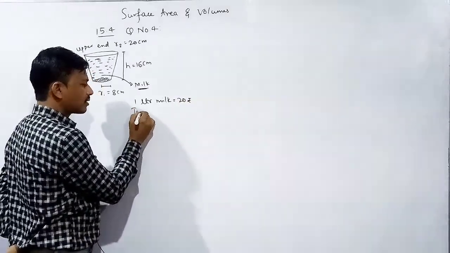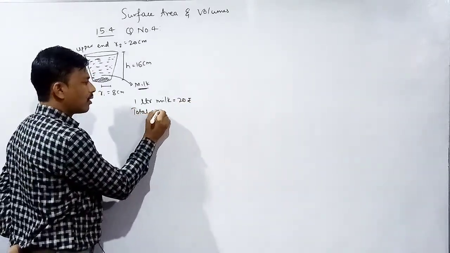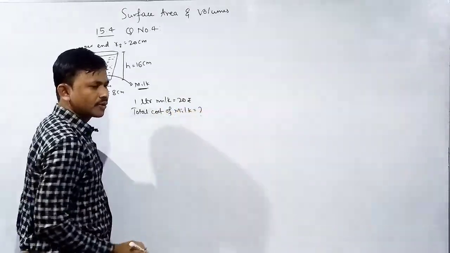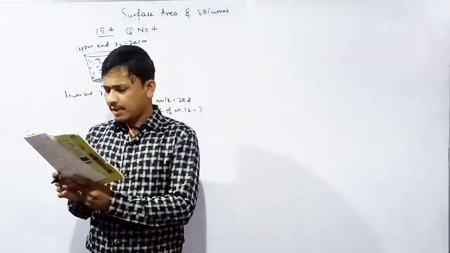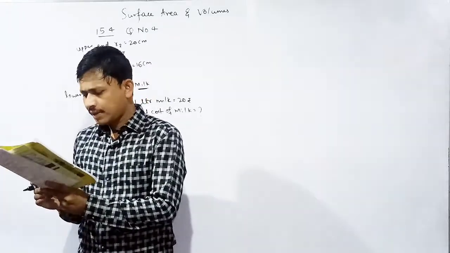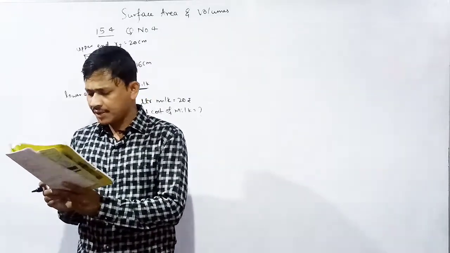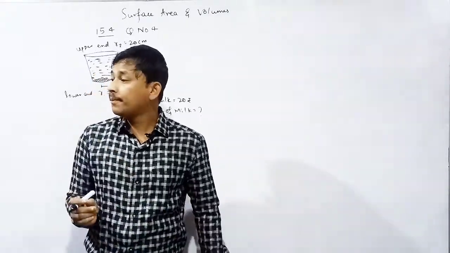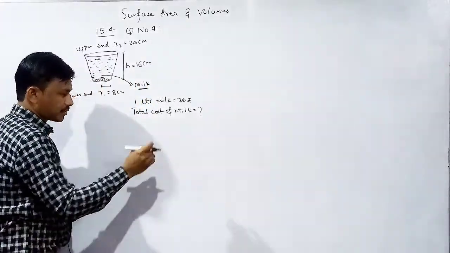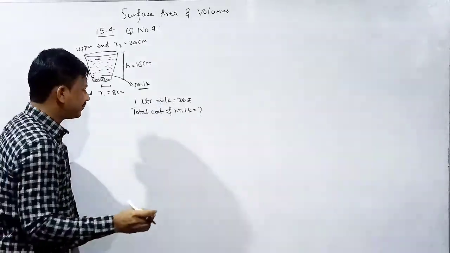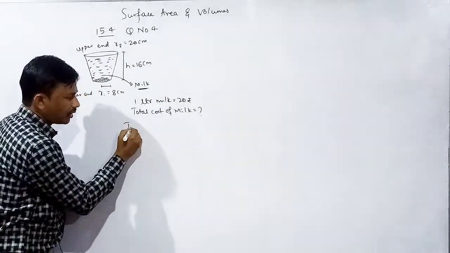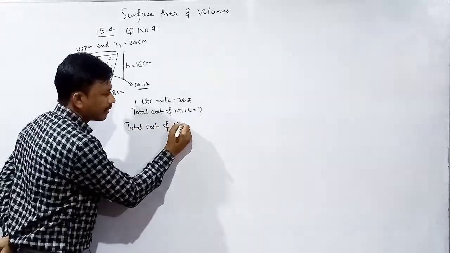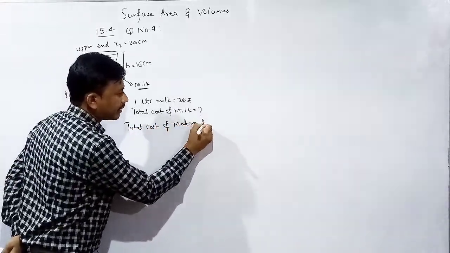Then total cost of milk is equal to question mark. Then also find the cost of metal sheet used to make the container, if it costs 8 rupees per centimeter square. Okay, total cost of making the